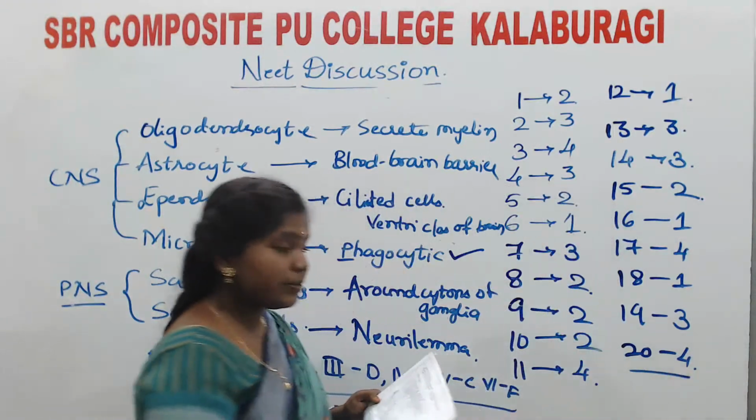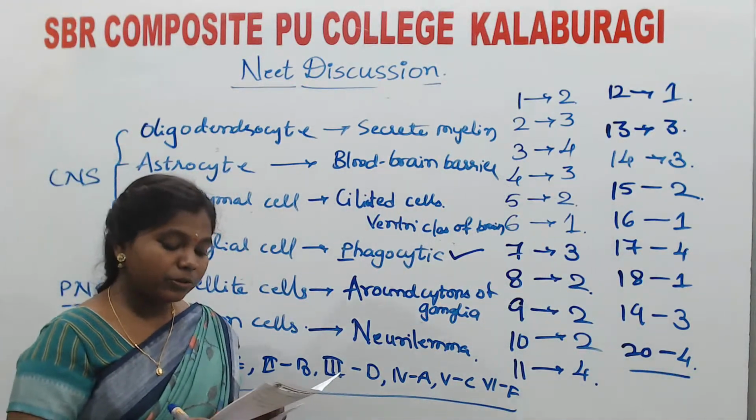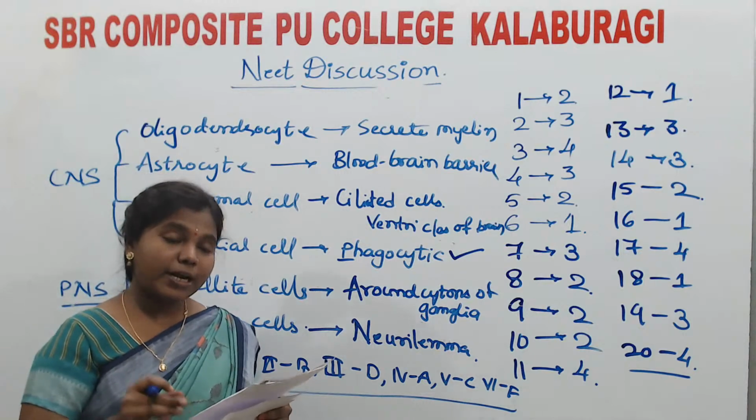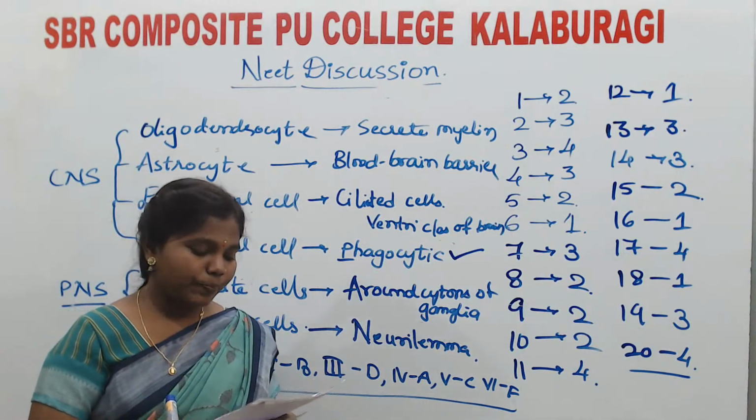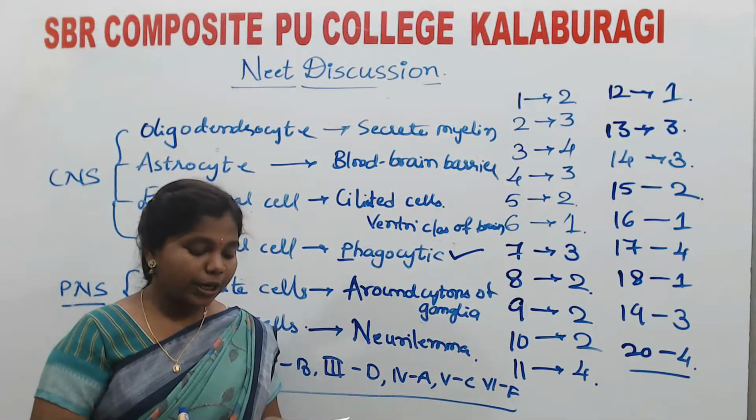Okay, microglial cells are phagocytic in nature. Those are mesodermal in origin and those are part of the nervous tissue. Next, 21st question. In the human body,